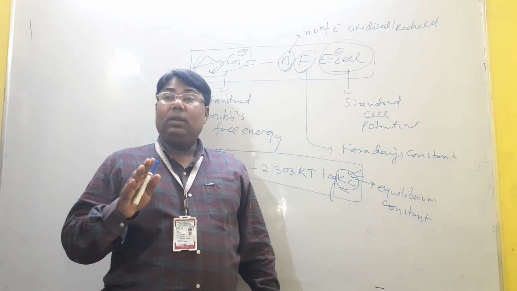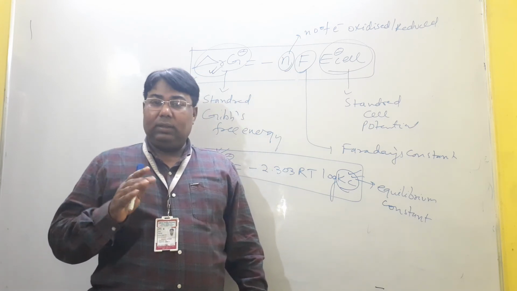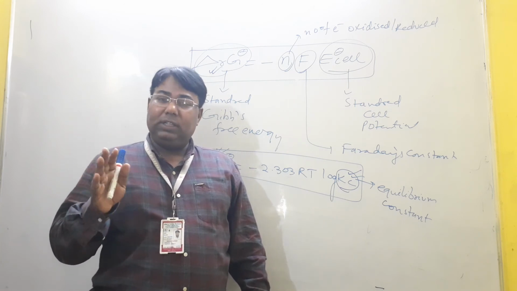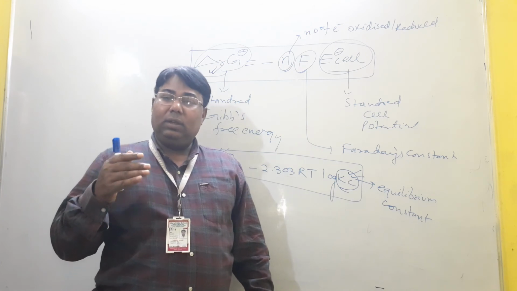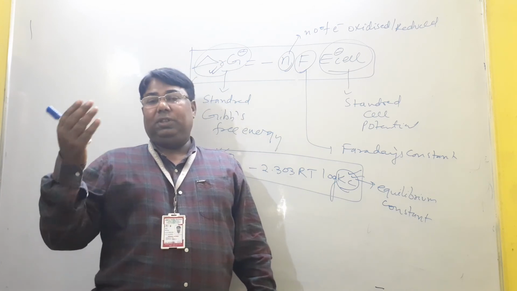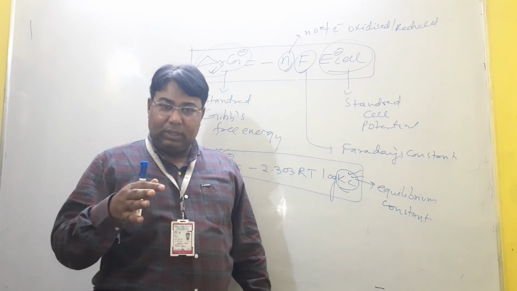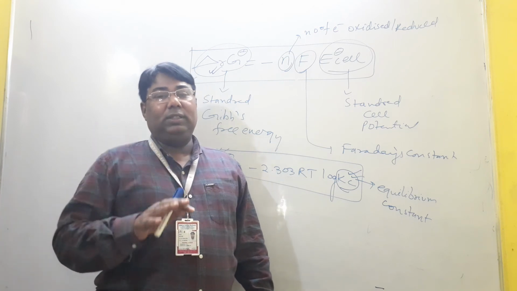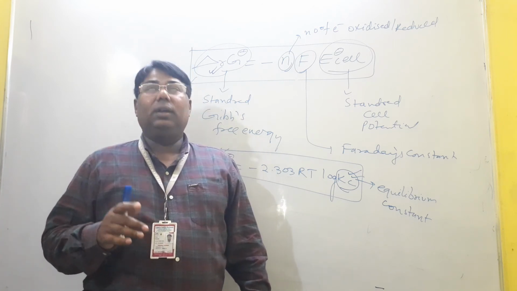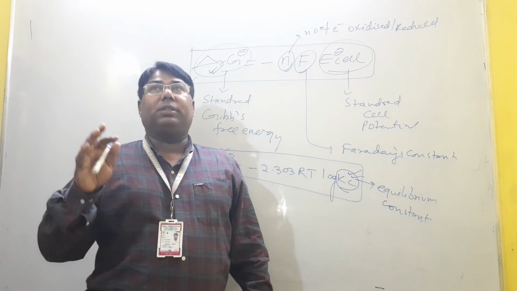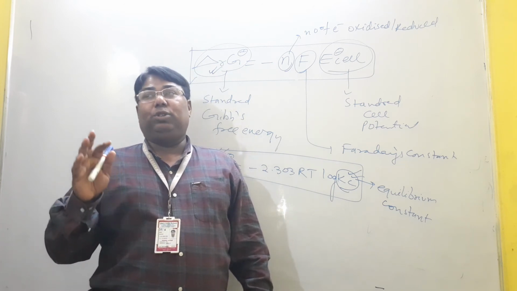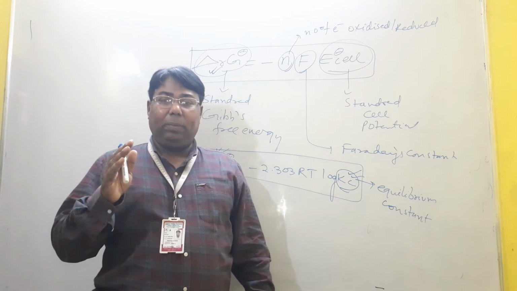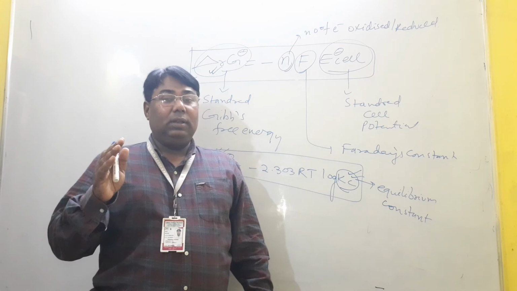And in this, electrode potential is very important. The potential difference between the metallic rod and its ions is known as electrode potential, which is further categorized as oxidation potential, the electrode at which oxidation takes place, and reduction potential, the electrode at which reduction takes place. And when these potentials are measured under standard conditions, then they are said to be standard oxidation potential and standard reduction potential respectively.